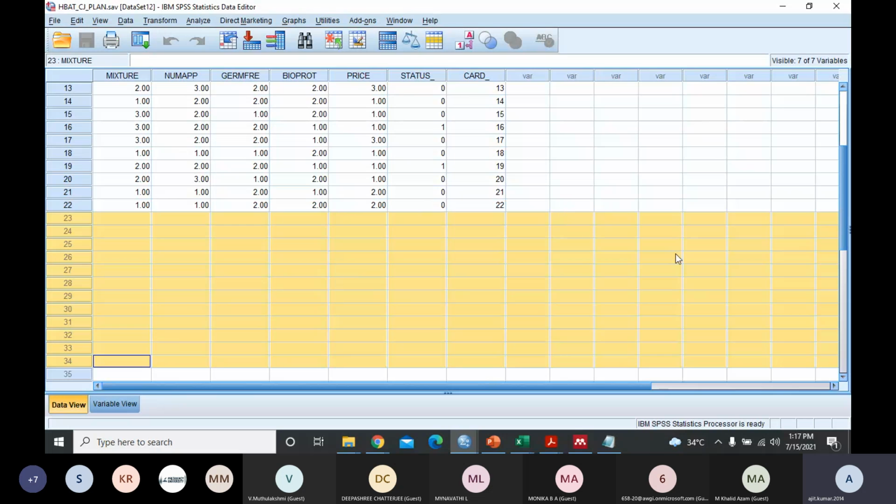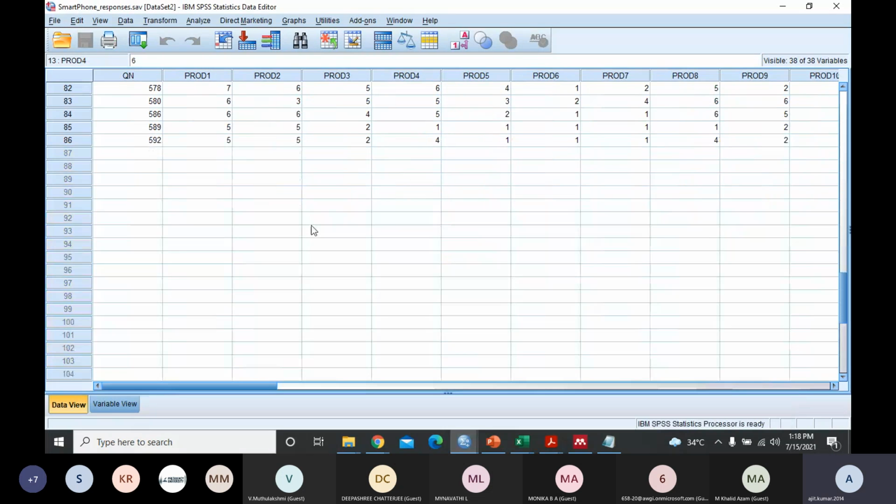But in actual research, you will not lose any data. Otherwise, there will be a problem with the design of conjoint analysis. For the time being, to make sure that it runs perfectly, you can delete these rows. No harm. But in actual research, you are not supposed to do that. Whatever number of combinations you are getting here, the same you will report, and for the same, you will create the questionnaire and get the results.